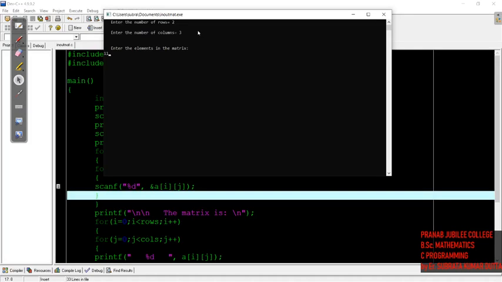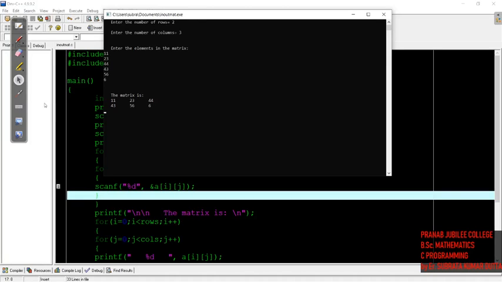The first element that I have entered is 11, and it will be stored in index a[0][0]. The next element, say 23, will be in a[0][1]. Then I have given the element 44, and this will be entered in index a[0][2], since the column count is 3 it will go up to 2. Similarly we will keep on entering, and it will keep on entering in the serial indexes.